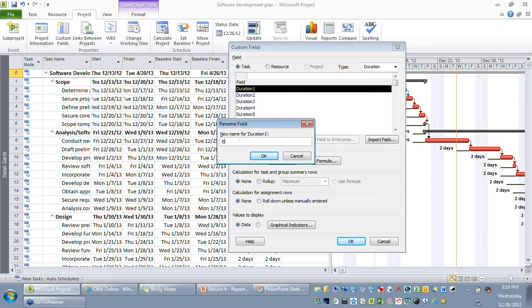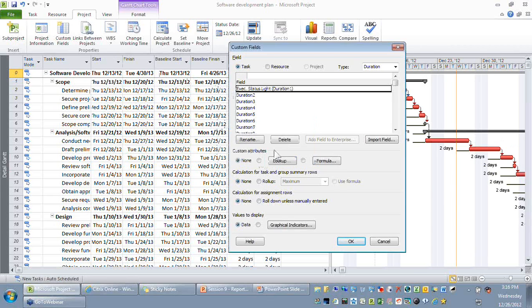Let's say that I'm going to say this is an executive. So I'm just giving my own name to one of these custom fields. And you have 3 options to customize it. Either you can, when you say none, you need to type in the values in this field.